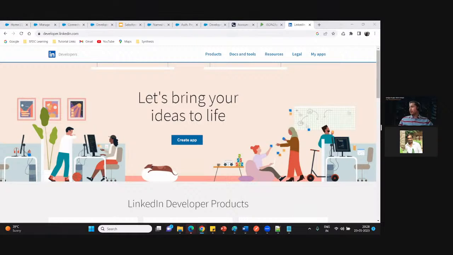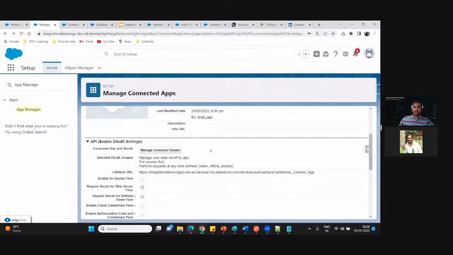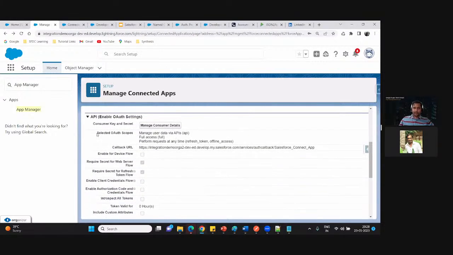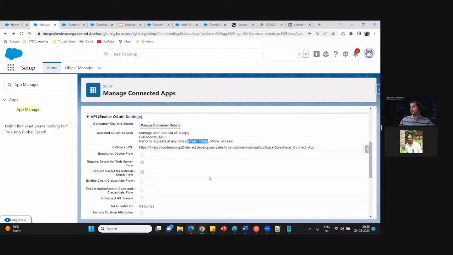What to put in the scopes of the named credential? So Praveen asked that question. What we have to put in the scope of the named credential? Again, you have to follow the documentation, Praveen, in case you are doing the integration with some third-party system. As we are doing the integration with Salesforce, here you can see we have the different types of scopes available, selected as the OAuth scopes in our connected app. If you create the connected app with LinkedIn, they will specify what types of scopes will be supported by your application. So accordingly, you have to define the different scopes here.